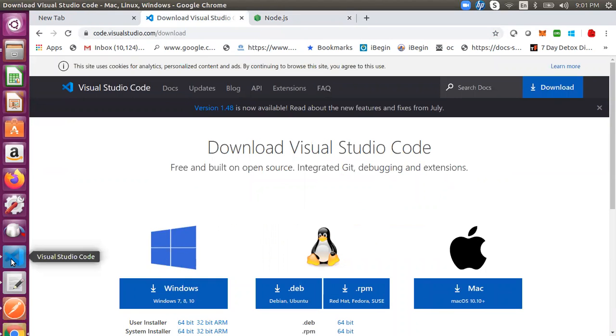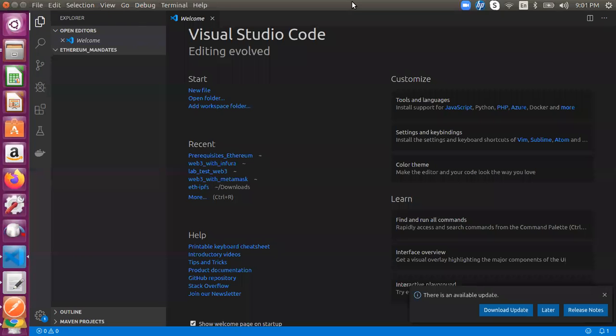I first open the Visual Studio Code editor. This is how the Visual Studio Code editor looks. The first option is File Explorer, where you can save files. The second tab is search, and the third is source control. If you are pushing anything to Git and you want to use source control, you can sync up. It is very easy if you use Git. You can pull and push, and if there are any changes, you can push them with this button.